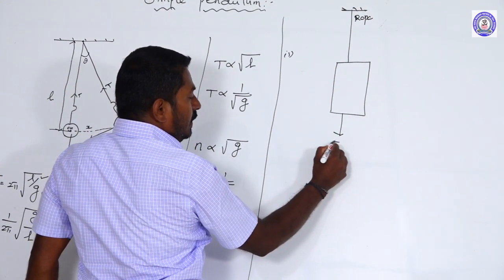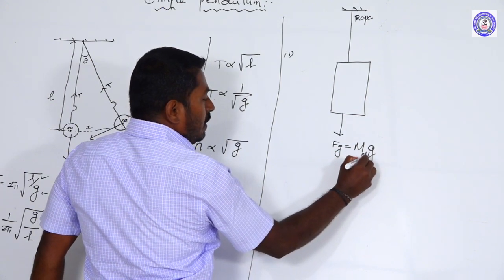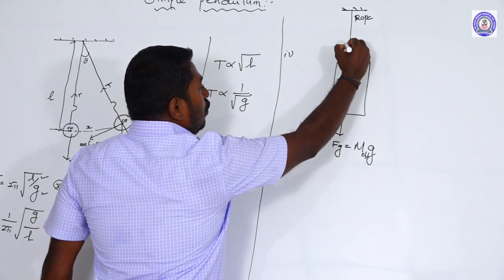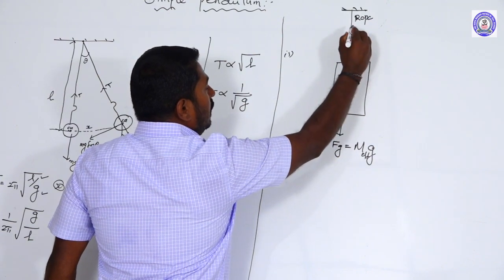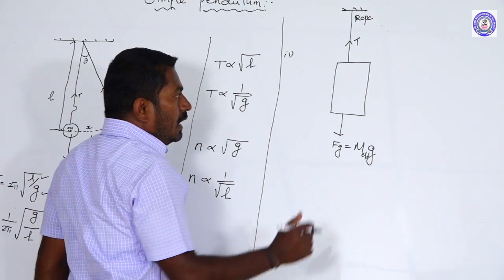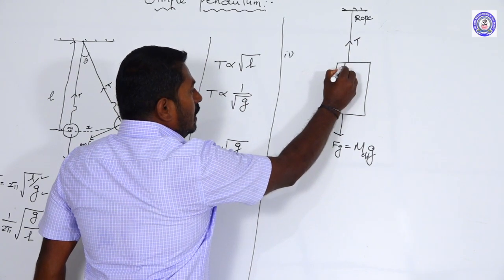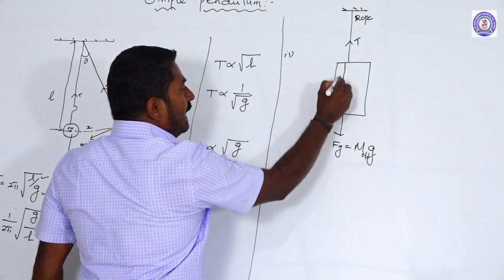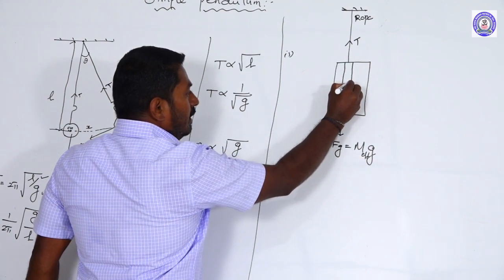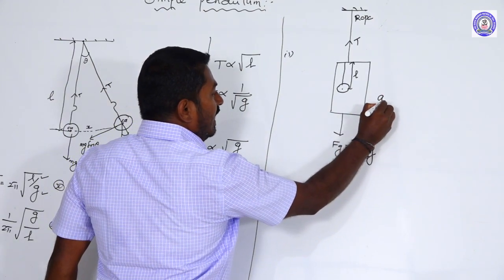Gravitational force exerted on the lift is Fg, which is equal to mg, where m is the effective mass of the lift. Now, the tension produced in the rope acts on the lift in the vertically upward direction; the tension is T. Now, the simple pendulum experiment is performed inside the lift. The simple pendulum is tied to the ceiling of the lift. The length of the simple pendulum is L. Initially, the lift is at rest, so the acceleration of the lift is 0.